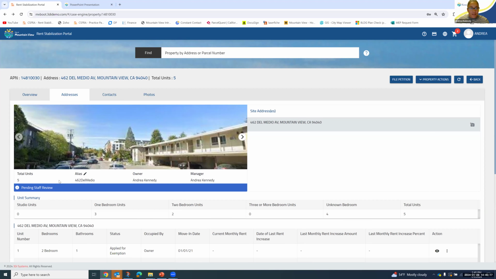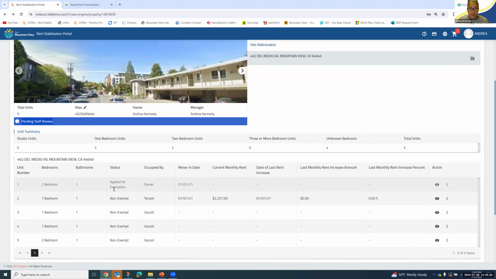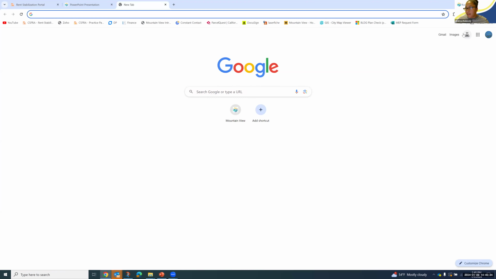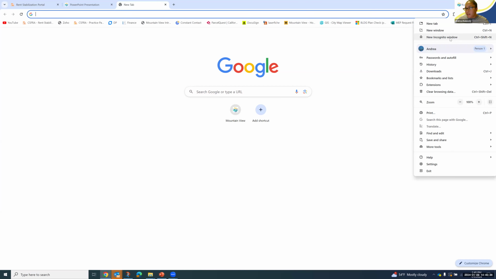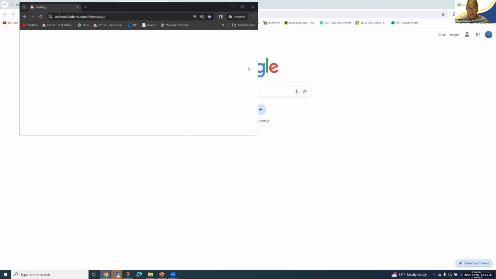So now there will be blue, it will be blue here and it will say pending staff review. And that's because you have an open exemption case for your property. And then staff will need to go in and approve that. Let me just do it really quickly so I can show you the whole thing.